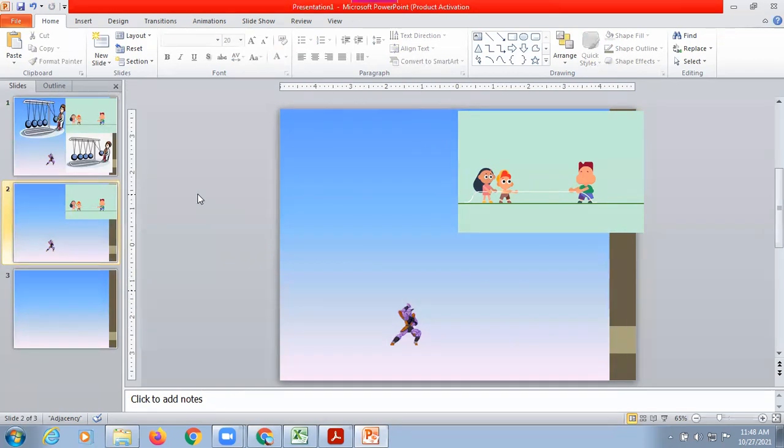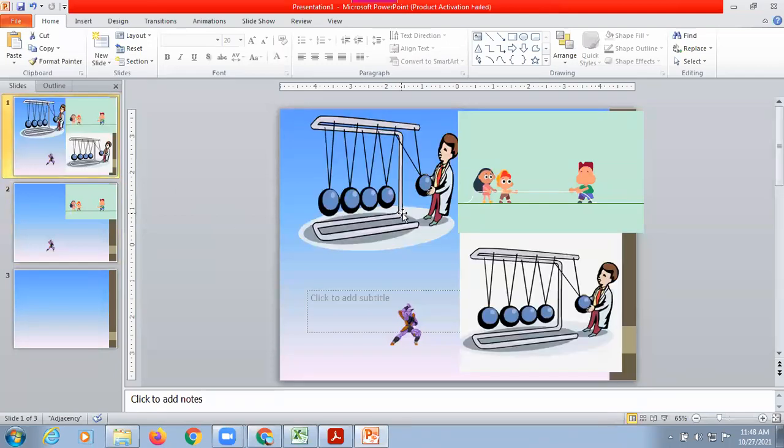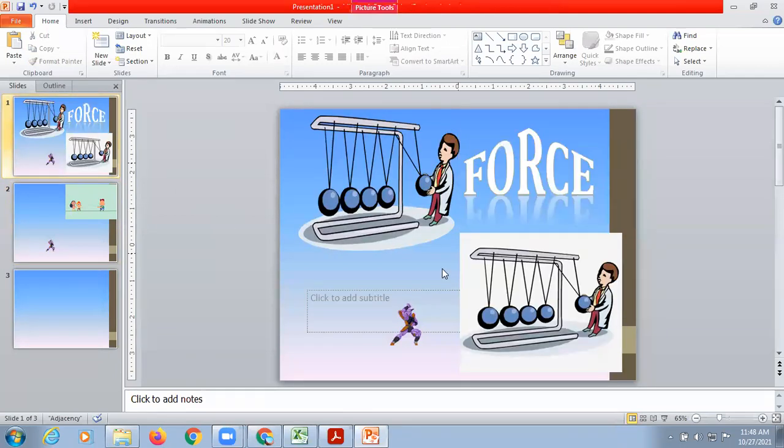Select and delete. And from this slide, I am removing these two images, right? So transition means how your first slide will come and then the second slide will come. So after the first slide, how your second slide will appear on your screen. This is called transition.